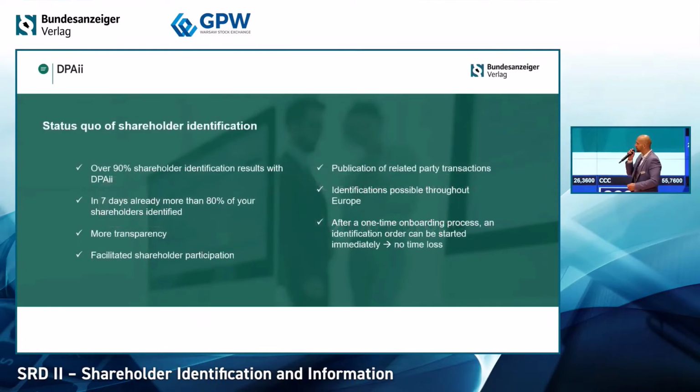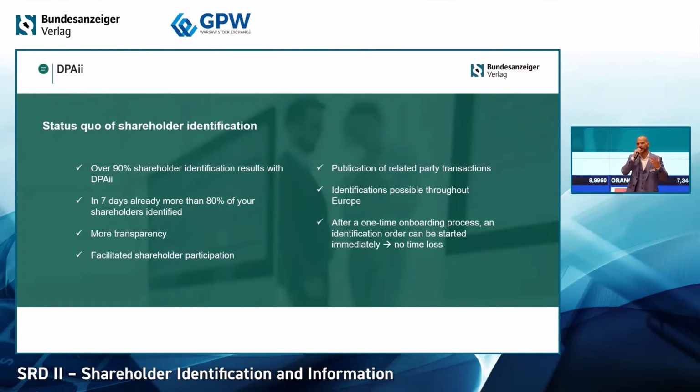So, jumping ahead: what we provide as a platform is that we identify over 90% of your shareholders, and we guarantee it. So if you don't receive more than 90% of your shareholders, be it private persons with a quantity of 1, or big investment companies with a quantity of X, we identify 90%, and if not, it doesn't cost anything. So we want to give this guarantee because we want to push the market. We want to push intermediaries, we want to push ourselves, we want to push our department to be better,